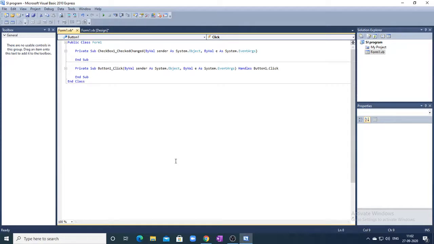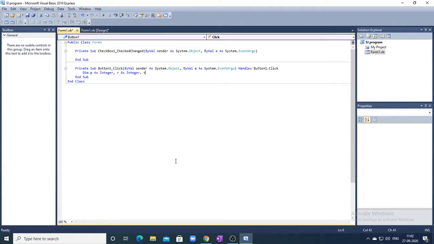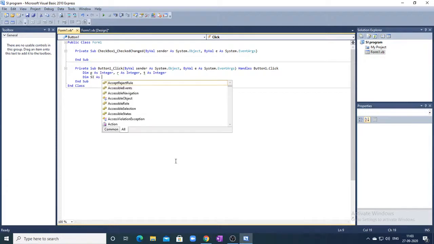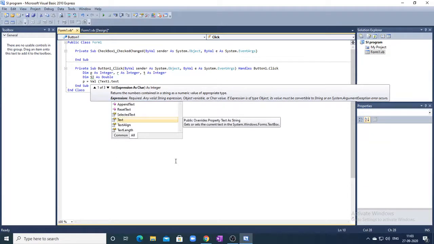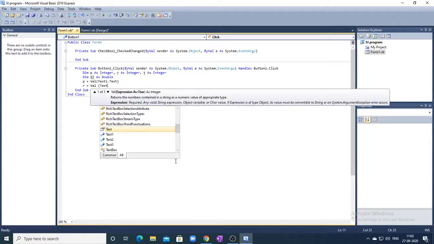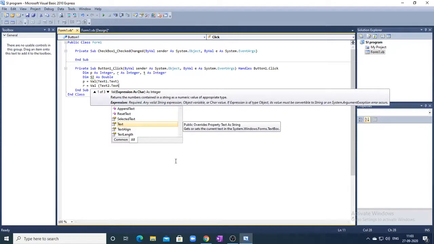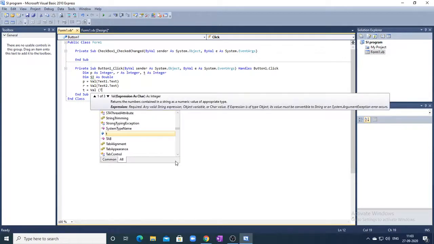So let's start our coding. Dim p as integer, r as integer, t as integer, then we will dim si as double, then p is equals to variable text1 dot text, r is equals to variable text2 dot text, then t is equals to variable text3 dot text,